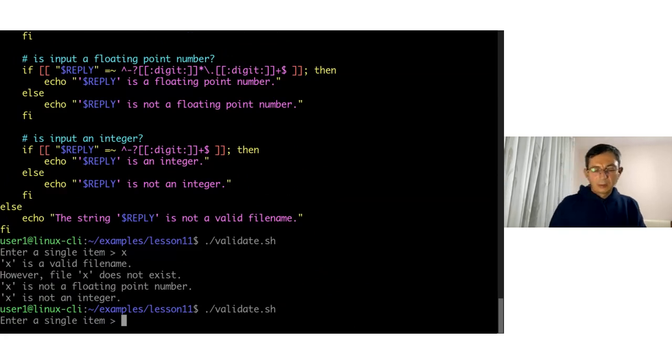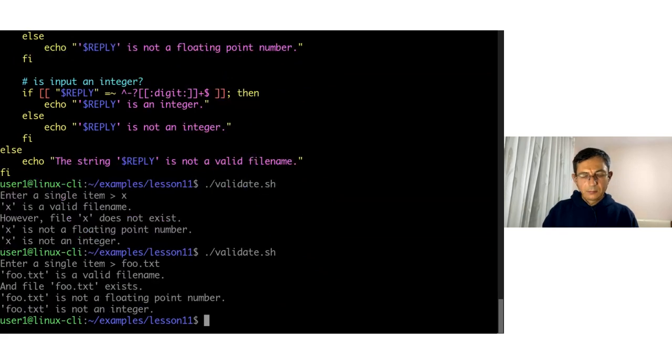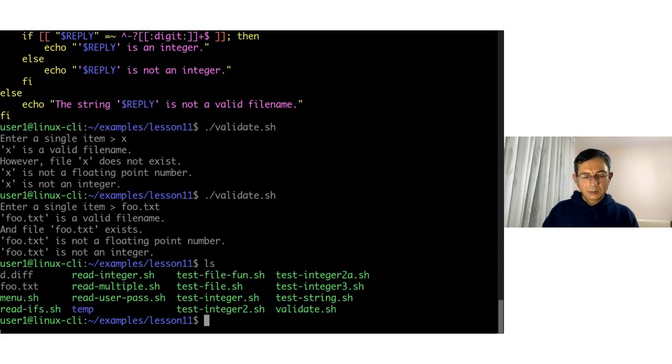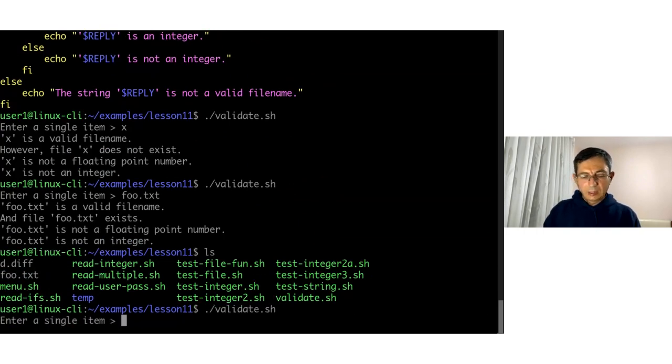Let's try it again. Enter a single item. Is a valid file name. File food.txt exists. Is not a floating point number. Is not an integer. Yes, we have this file here, so it does exist. If we test it again, enter a single item. Let's say